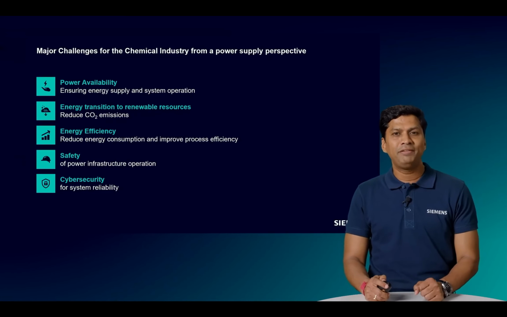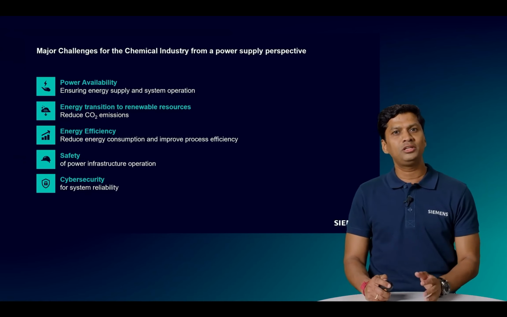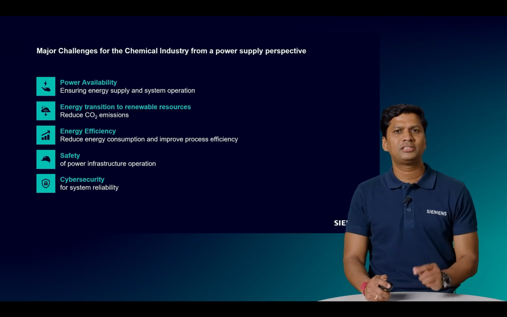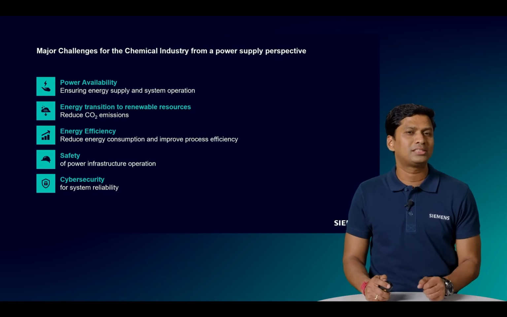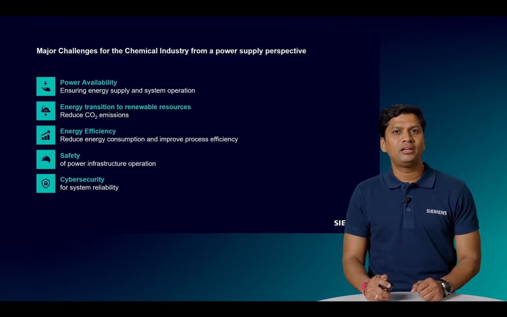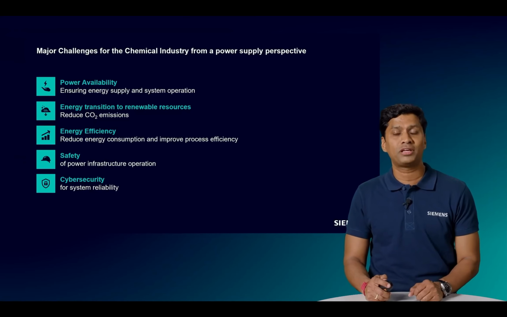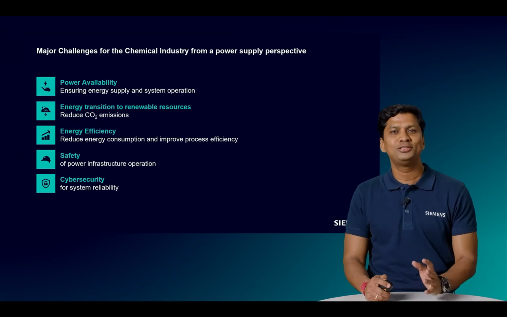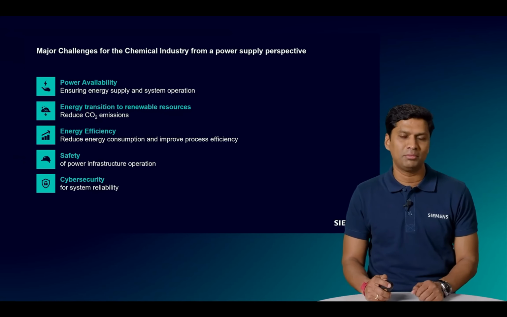The industry's heavy dependence on fossil fuels underscores the urgency of transitioning to renewable energy sources. Decarbonizing the chemical sector is essential for meeting net zero objectives and ensuring a sustainable future. Improving energy efficiency is a continuous challenge due to the inherent energy intensive nature of chemical processes. Making decisions based on data and analytics empowers our customers to make their energy system and processes in the building and production more efficient and sustainable.